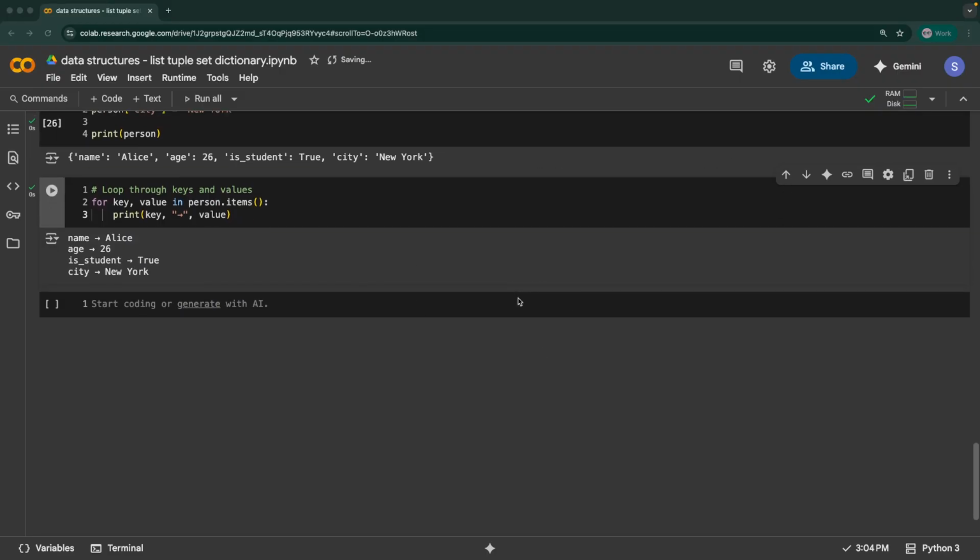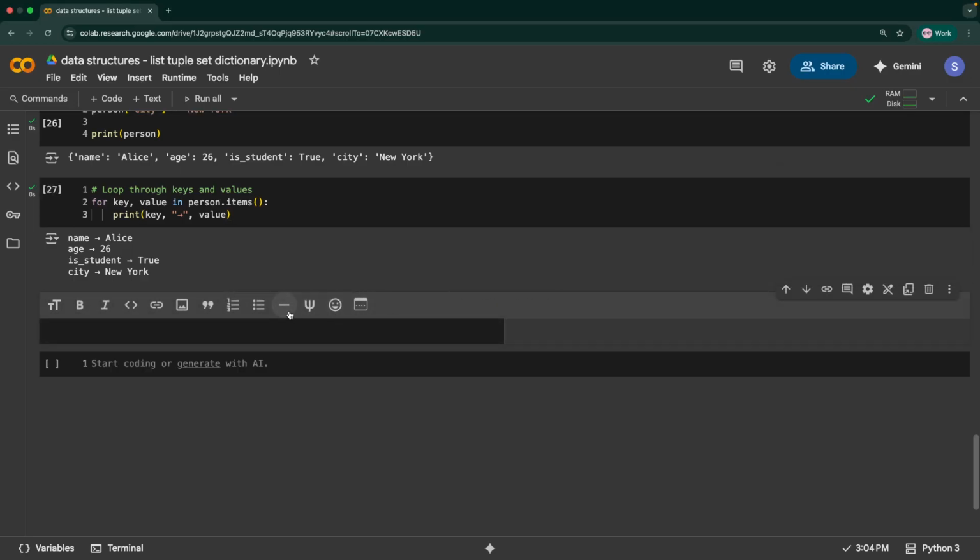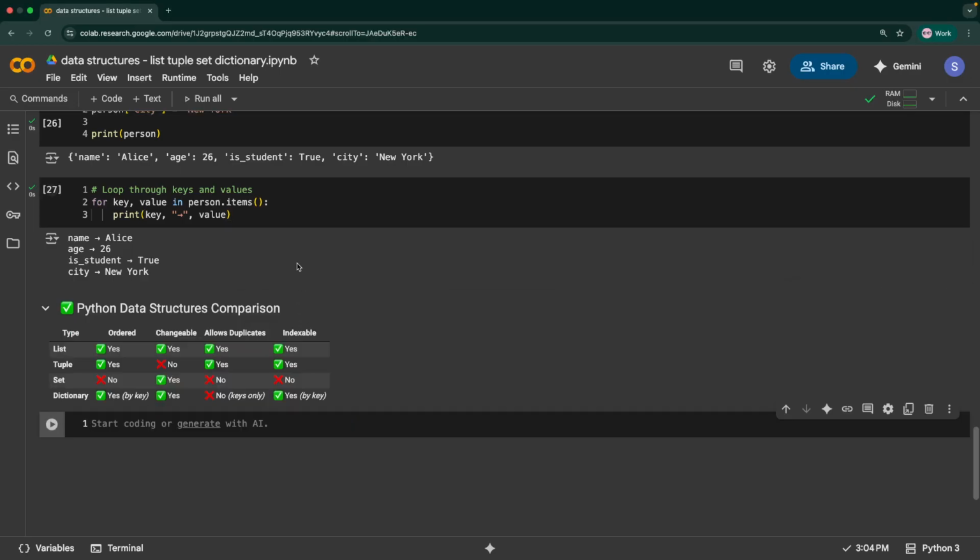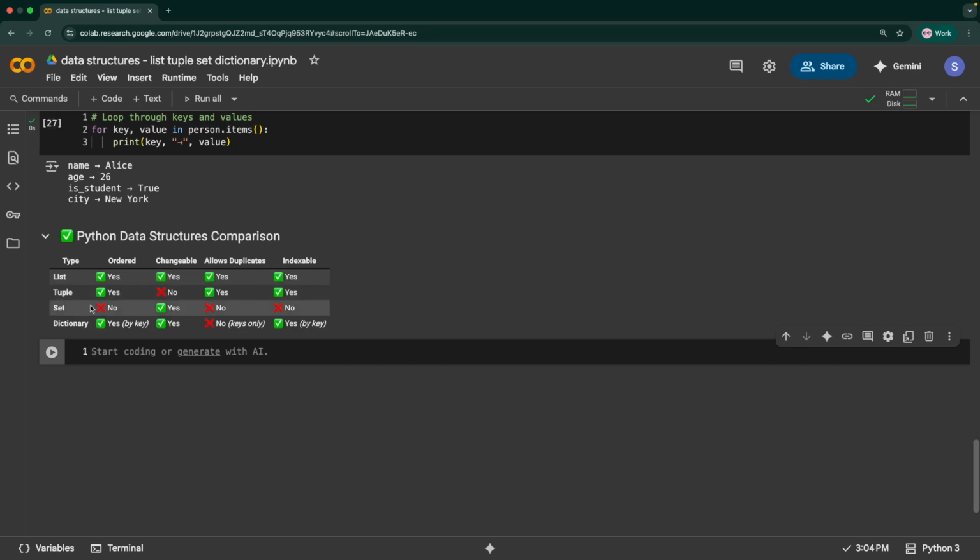and understand the different characteristics of these four data structures. I'll paste this in this text cell and run this. Okay, so we have list, tuple, set, and dictionary. List is ordered, tuple is also ordered, set is not ordered. That means we cannot access it by index. Dictionary is also ordered, but not by index but by key, and it is changeable. So list, set, and dictionaries are changeable. That means they are mutable, whereas a tuple cannot be changed, so it's called an immutable data type.